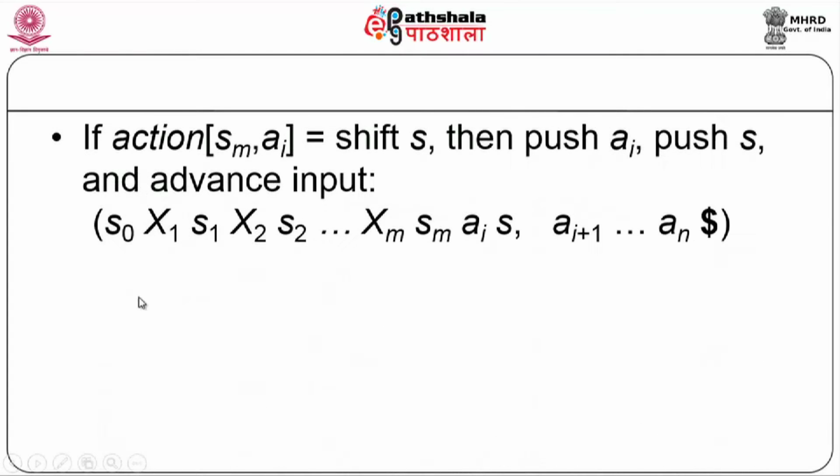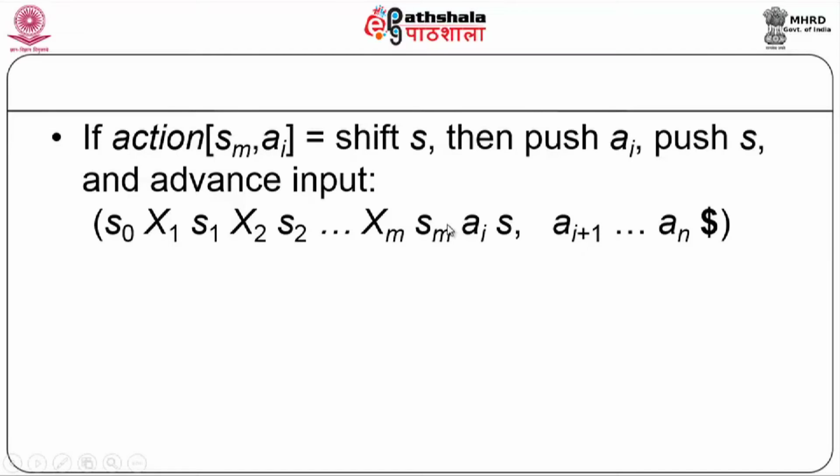So, if it is shift S, you will push ai and the state S onto the stack and advance the input pointer by one position. So, at any point of time the top of the stack will have only the state number S, okay, and this is a typical configuration. So, you will start with S0, X1, S1, X2, S2, and so on,